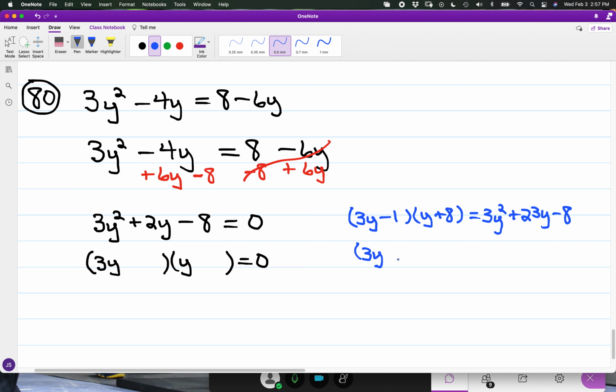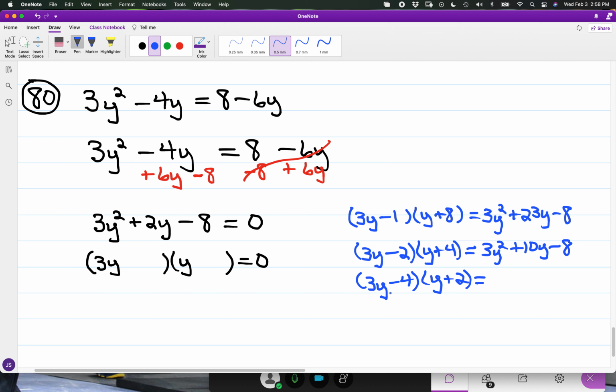And if I have something like 3y minus 2 times the quantity of y plus 4, adding a little bit less and taking away a little bit more, you get 3y squared, and 3y times 4 is 12y minus 2y, so you have a plus 10y minus 8. And I still don't have the plus 2y. And 3 will not go into 8, but 4 will. So if I go with 3y minus 4 and y plus 2,